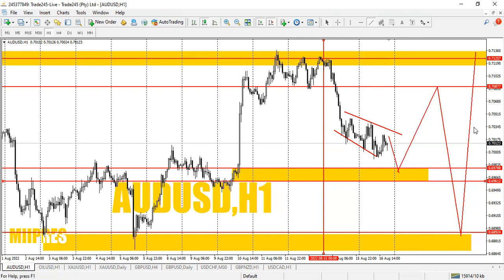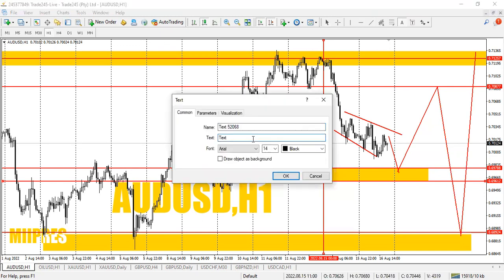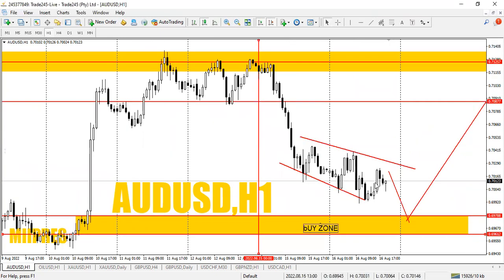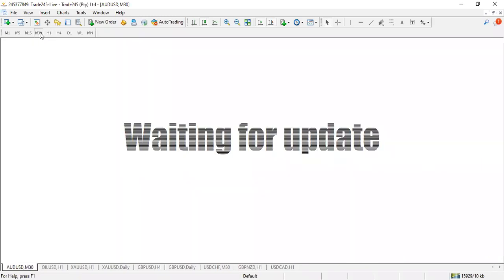Why am I saying that? When the market is approaching a demand level, what do we check? Is it moving faster? So let's just say this is our buy zone. What do we check? We check compression. So this is compression. It's not moving as fast. It's just moving sideways. If you go to a smaller time frame,